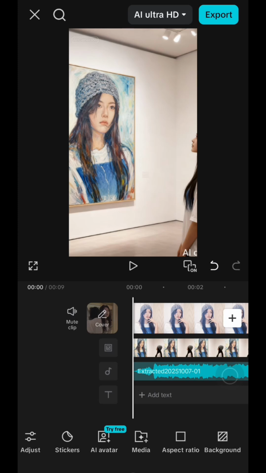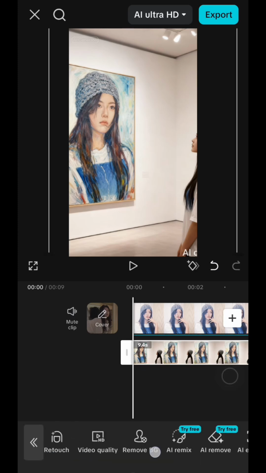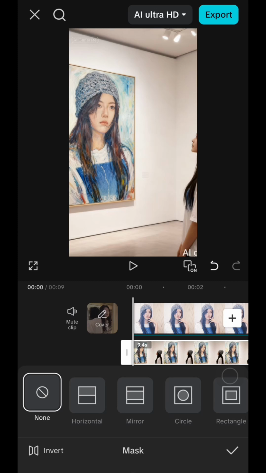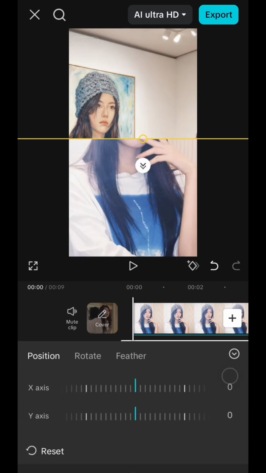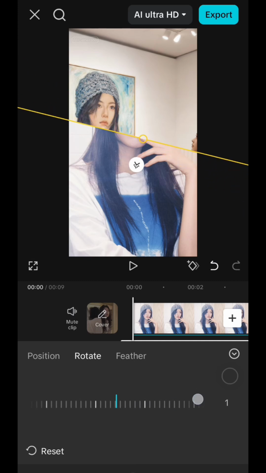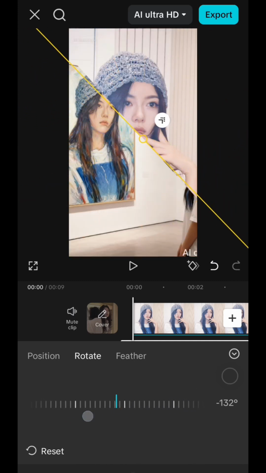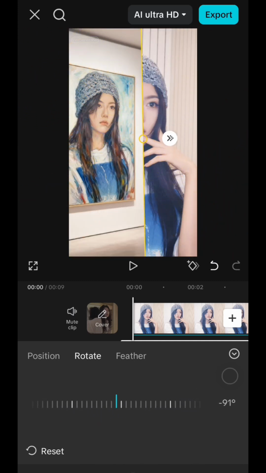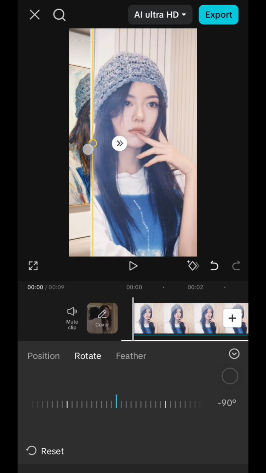Next, just tap on overlay clips and then go to mask and then to horizontal, and then rotate it 90 degrees like this, and then just hide the entire photo like this,